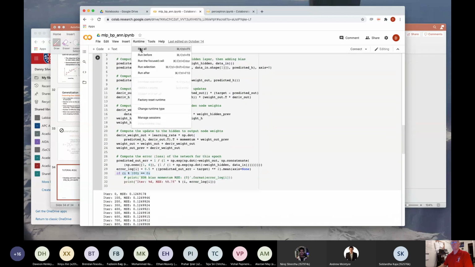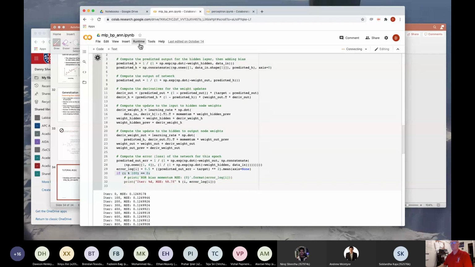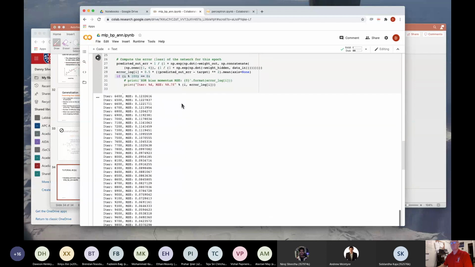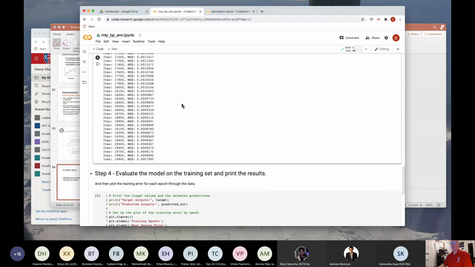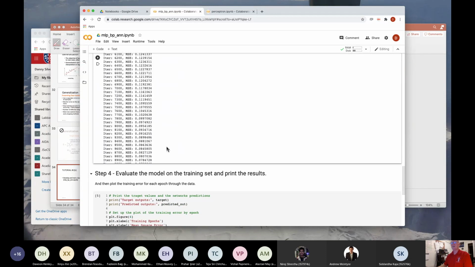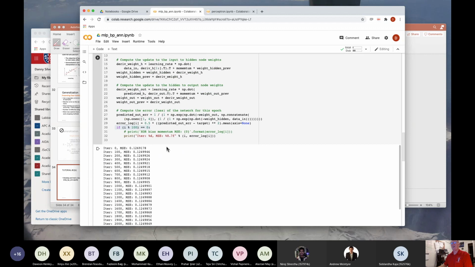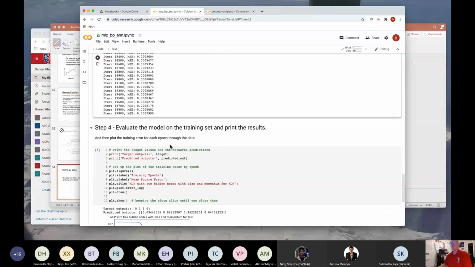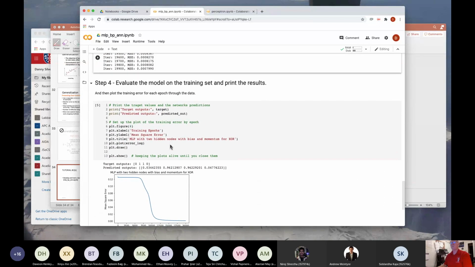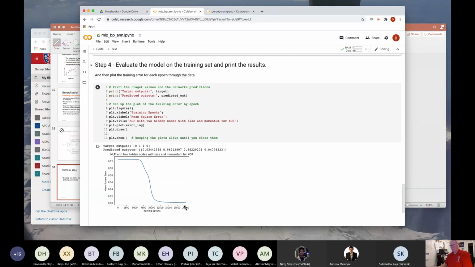So if you just run this whole body of code by clicking run all, you'll see that it very quickly runs for 20,000 iterations, and it starts up quite high, spends quite a bit of time up there at that height, and then finally finds a part of the ski slope that goes downhill and dives down the hill towards the valley, if you like, discovering that low point in the error surface where it's doing well for all the examples. And pictorially, you actually see that here in this graph. It stays up at these high error values and then eventually drops down to almost no error whatsoever.